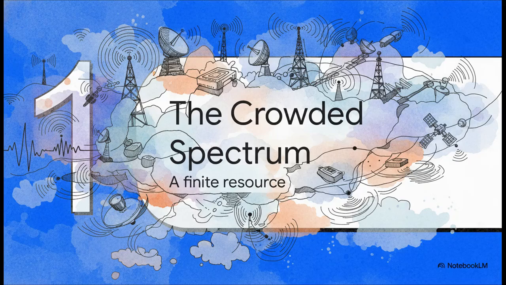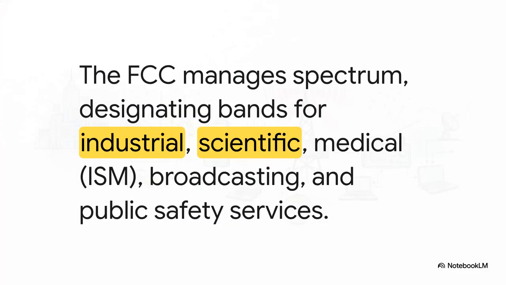So let's talk about the crowded spectrum, because this is the key thing to remember. This resource is absolutely finite. The spectrum isn't some infinite ocean we can just keep filling up. It's a carefully allocated natural resource, and man, it is getting more crowded every single day. Think of it like a city, just like the slide says. You've got these regulatory bodies, like the FCC here in the States, acting as city planners. They're managing this whole space to prevent total chaos. They assign specific frequency bands, or neighborhoods, for everything. We're talking about your two-way radios over in the VHF bands, your land mobile radio in the UHF bands, and of course all that Wi-Fi and industrial sensor stuff crammed into the ISM bands. It is one complex and very regulated city.